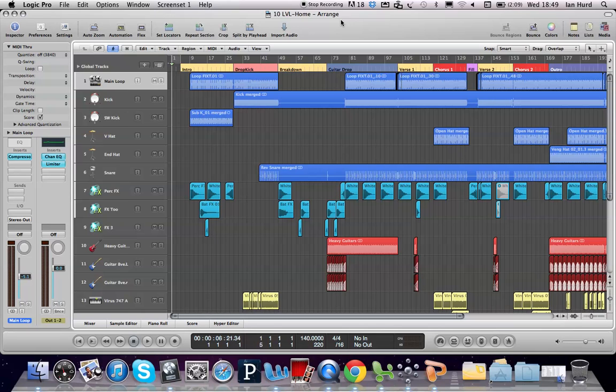So in Logic you can automate almost all the controls on a channel strip, including volume, pan, and all plug-in parameters. So in this lesson, you're going to draw and edit offline automation to play a snare at different volumes in verses and choruses, create a decrescendo on a pair of group guitars, and pan a sound effect from left to right. And then you're going to record live automation using the mouse, bypassing a plugin and tweaking its parameters remotely using knobs on the control surface to do so. Okay, so